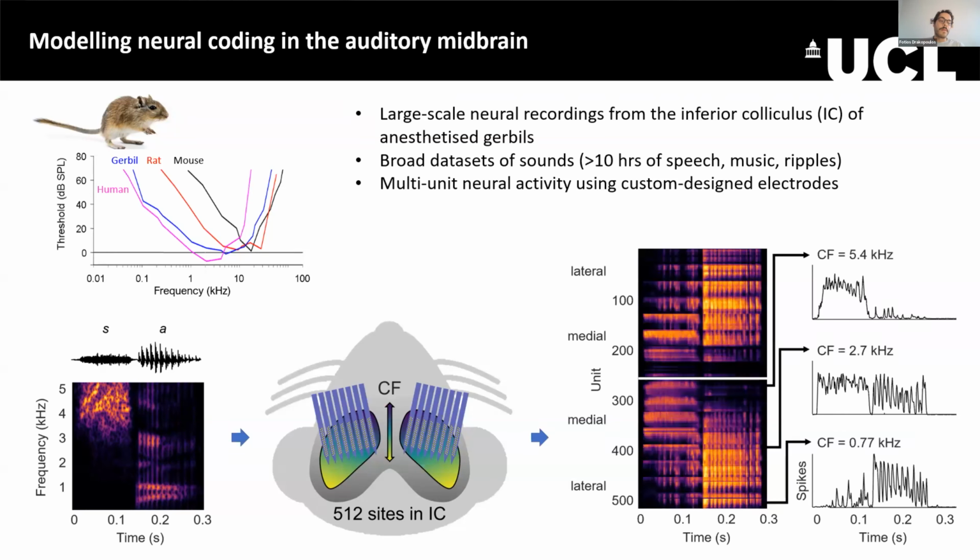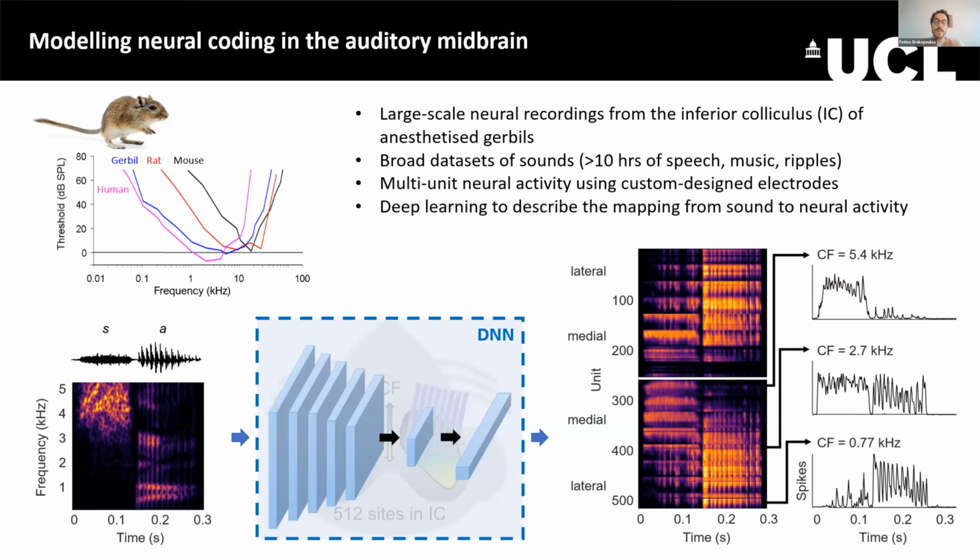And the responses that we get look a bit like this, where for this simple speech segment we get responses with high temporal resolution, but also with spatial resolution that captures the whole tonotopy of the IC across both hemispheres, going from low frequencies to high frequencies with high resolution. So now that we have these kinds of data sets with the required resolution and for all these complex sounds, we can use deep learning to try and describe the mapping from sound to neural activity and derive accurate brain models.